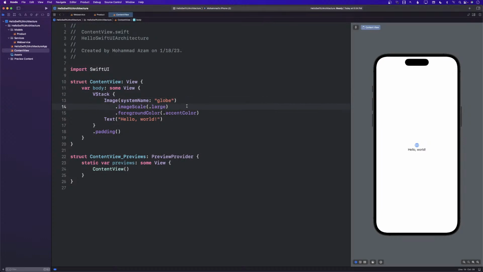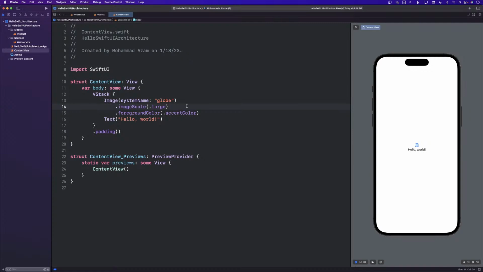So what we're trying to do is we will do a couple of different architectures. We'll try to do MVVM. We'll try to do MV. I'll show you parts of Redux. We can talk about TCA. I haven't really done TCA, but we can talk about it. And we will also look at the architecture which is known as the container pattern or view-only pattern.